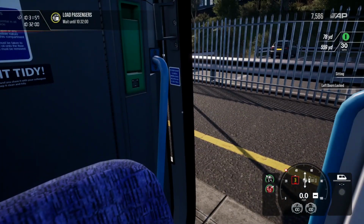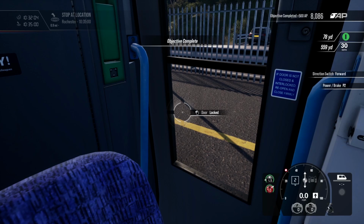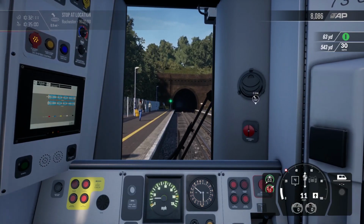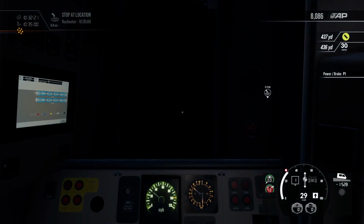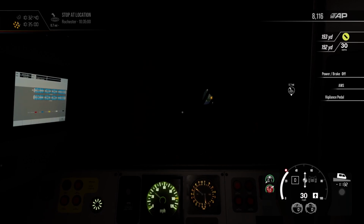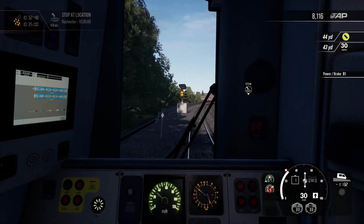I've got no idea. Okay, shut that door there, and let's get moving to Rochester. 30 miles an hour. Bring it back down. Come on, shut up. Bah, bing. Coming up on double yellows, but that's just because we're going to approach the end of the line,